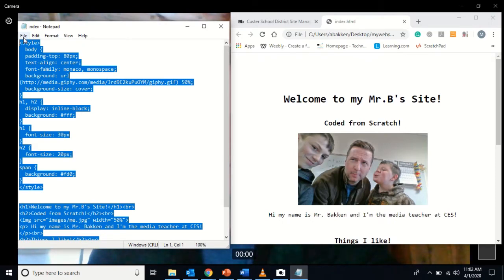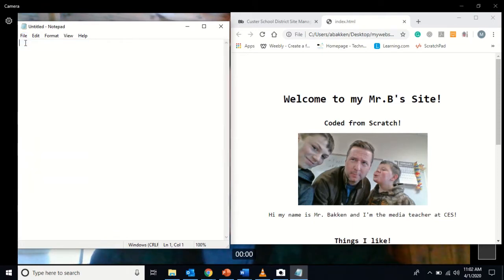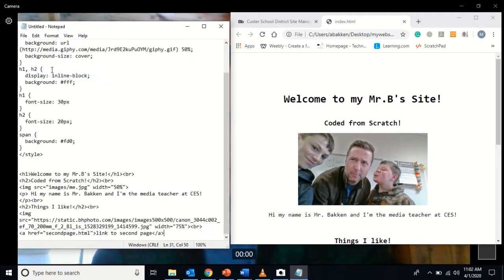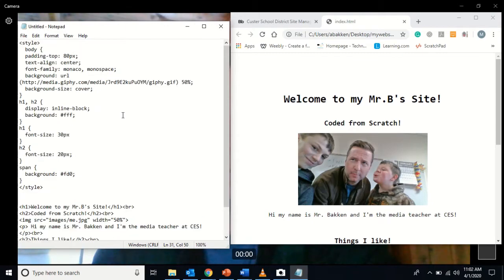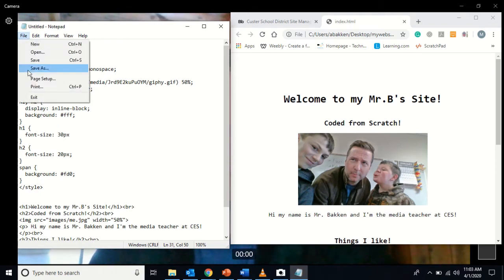Then we're going to go to File, and then New, because we want to make a new page. We're just going to press Control V, or you can also do Edit, Paste. And all of that old code will come into this new page. Now you can see up at the top here it says Untitled, because we haven't saved this page yet. So we need to save it. We need to go to File, Save As,